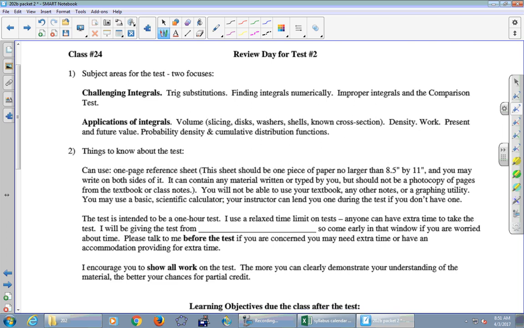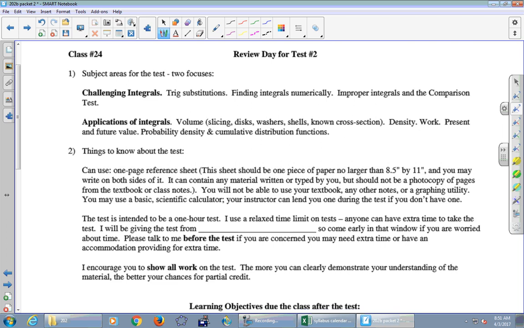Trig substitution, we have not yet been tested on. That was not on the first test. It was a long time ago. So you're definitely going to see a trig sub. Now, in theory, you should be able to handle any of the antiderivative techniques we worked on the first test. That said,